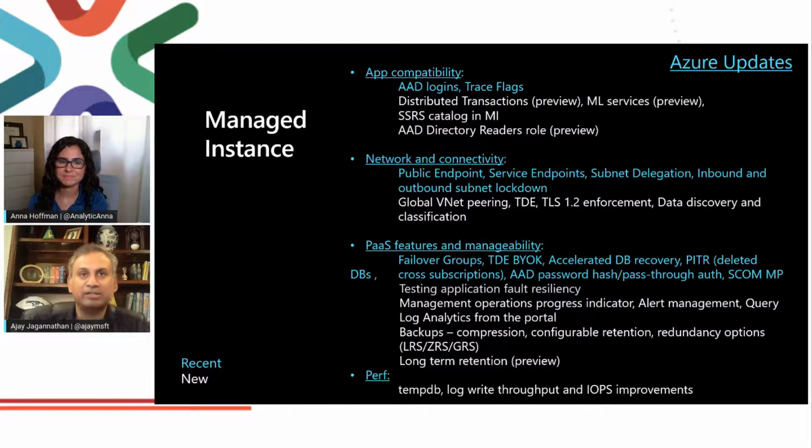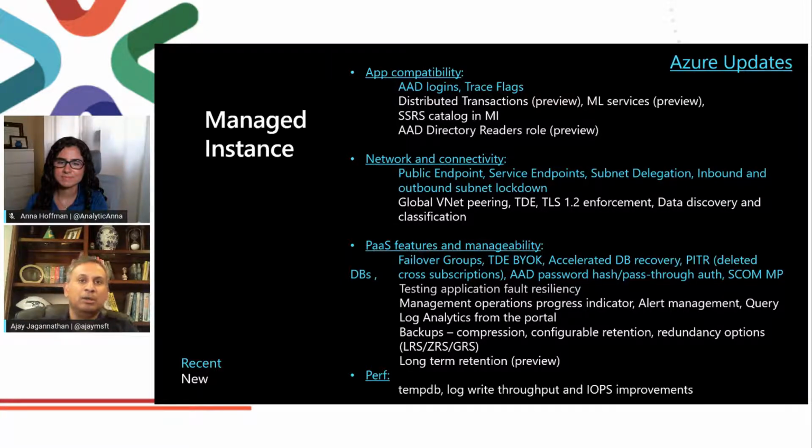So now let's look at managed instance. One of the primary goals of managed instance is to help customers move SQL Server workloads from on-prem to cloud with minimal friction and increase the surface area. Under the past app compatibility, you can see we added capabilities like AAD logins and trace flags, and most recently we announced support for distributed transactions and ML services, as well as reporting services. So if you're leveraging any of these features in your application, it is now easier for you to move